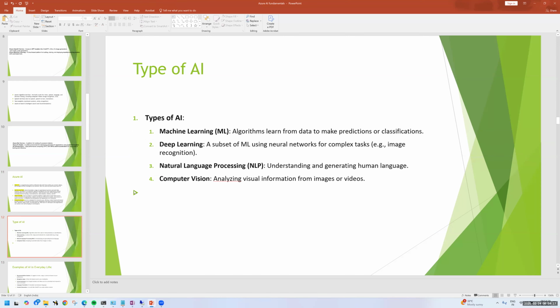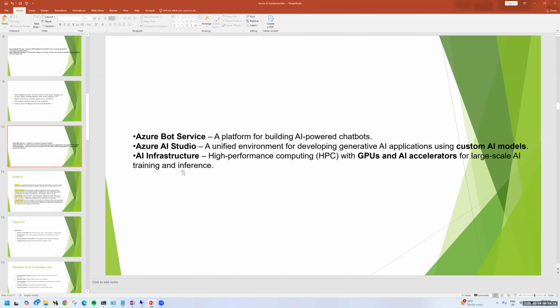Okay, yeah. So this is the list of workloads provided by Microsoft. Go through that. If you have any questions, feel free to ask me. Tomorrow we'll finish it up and I am going to show you the topics which I am going to cover for AI-900 and AI-102. Then according to that, we will move forward.